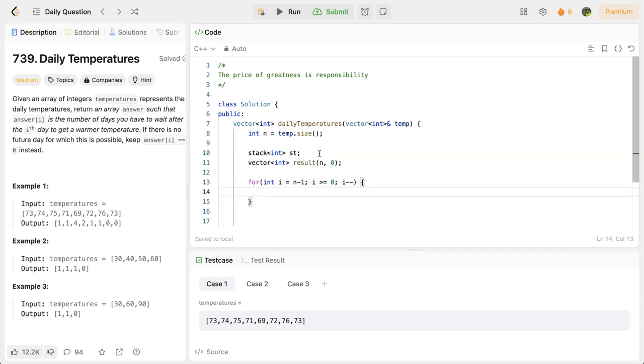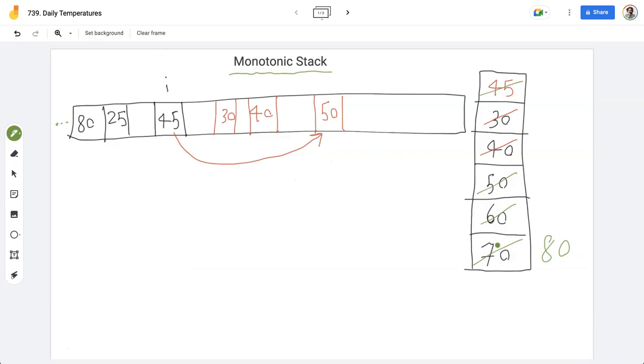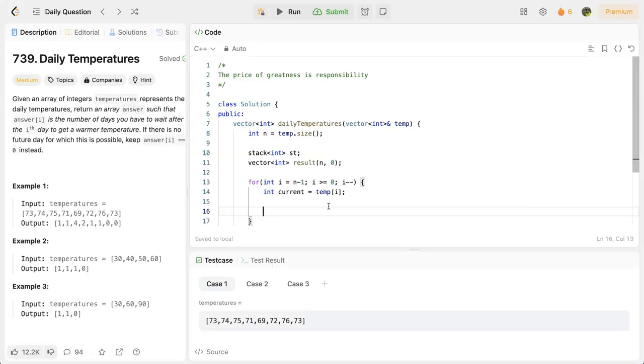And now what we do is we take the current temperature and we go to the stack. We try to find the first one that is bigger than current. In the stack, we keep indexes. We don't keep the actual numbers because we need to find the difference between the two indexes. So while the stack is not empty